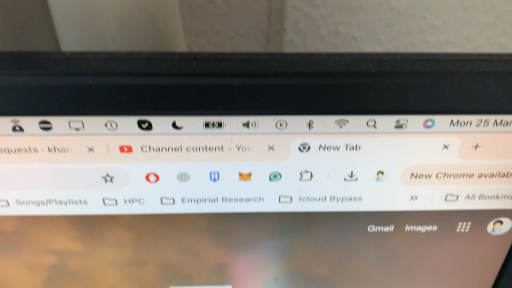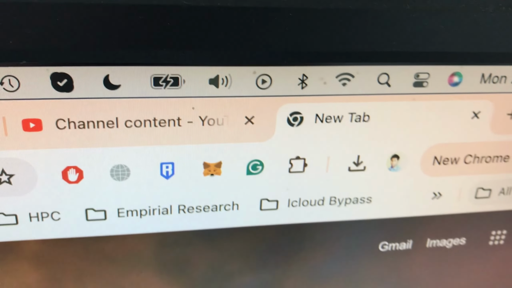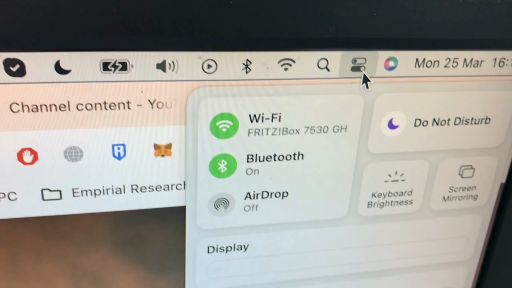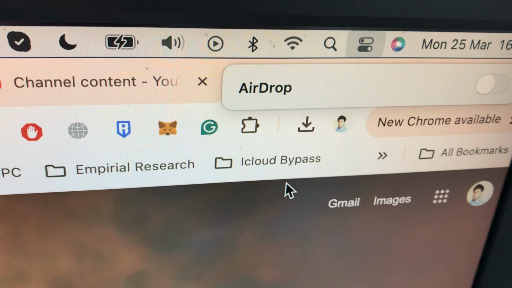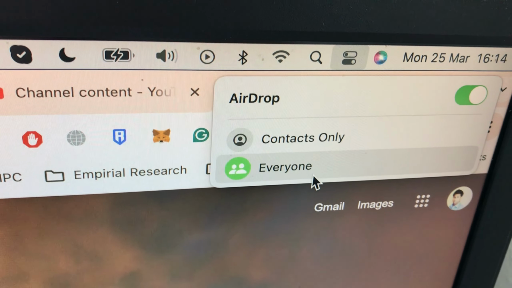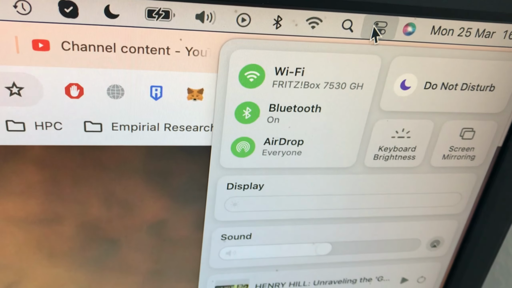A similar thing you need to do on your Mac is you go here to the option of AirDrop, and then you click on AirDrop to turn it on and set it to everyone for some time. Once it's done, you need to go back to your iPhone,